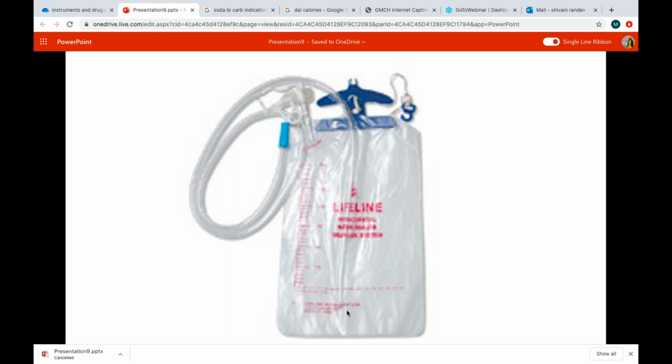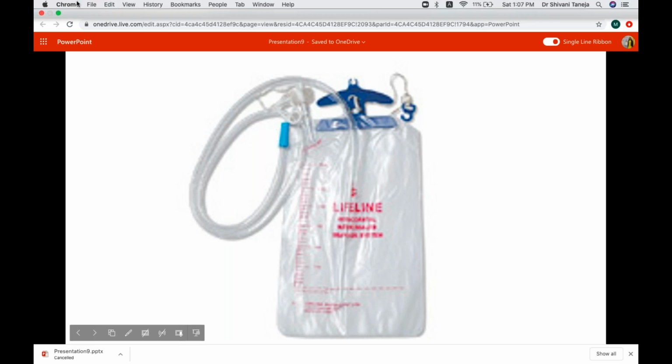And we do an underwater seal always in case of a pleural drainage, and this part is filled with normal saline or water till this dotted line. So that it has this dotted line here which is filled with normal saline, so that there is no flow of air back into the pleural cavity. And indications for doing a chest drainage would be, intercostal drainage would be,